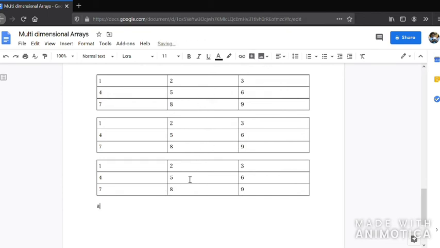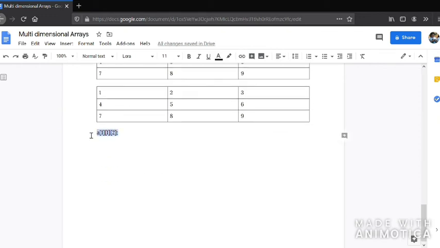So it is going to be A2. Now this is the second column, and in the first row, the 0th row, first row. So this is how you access that particular number.